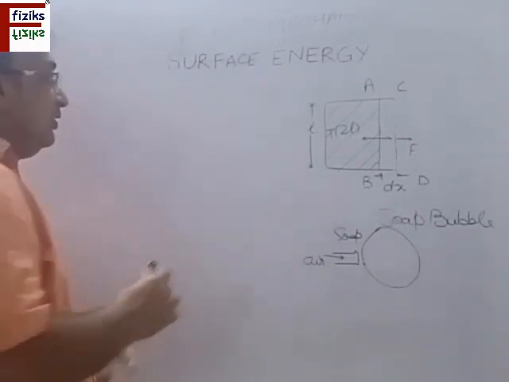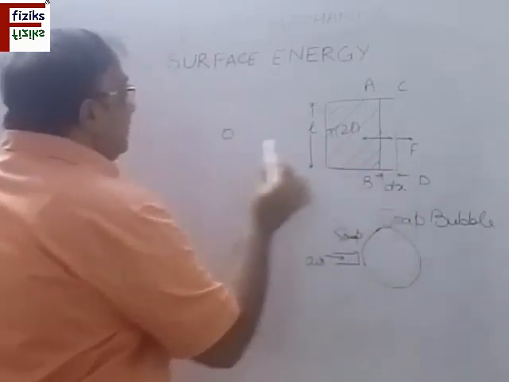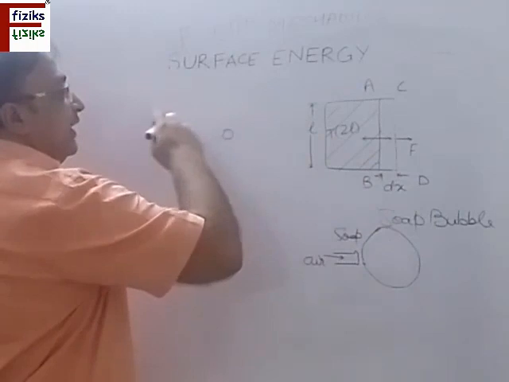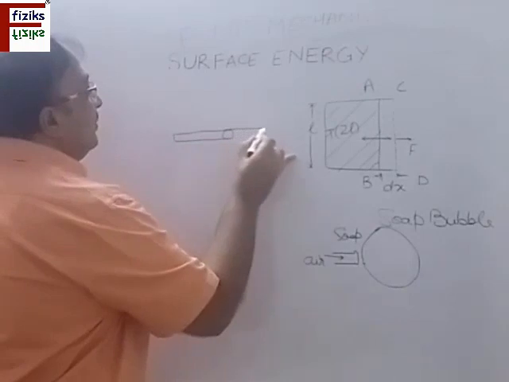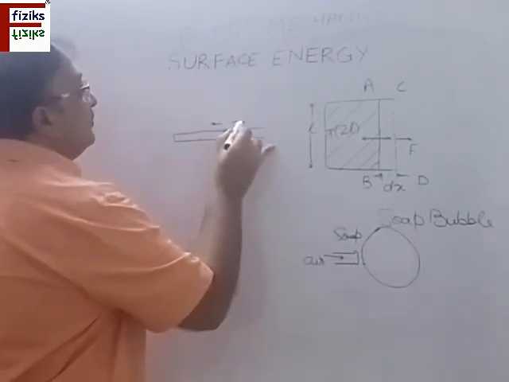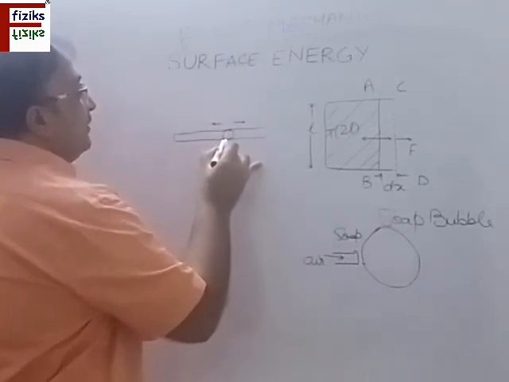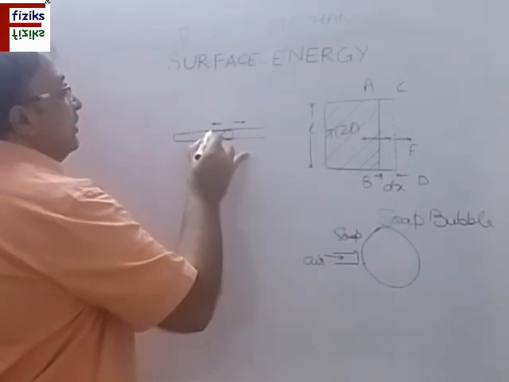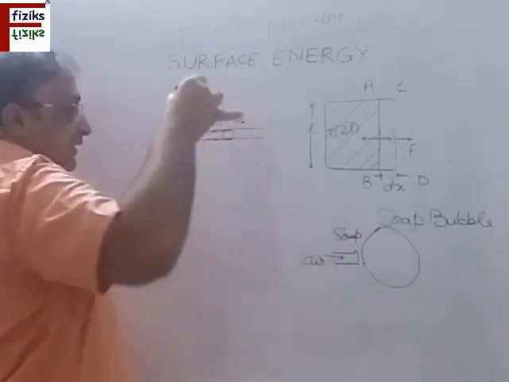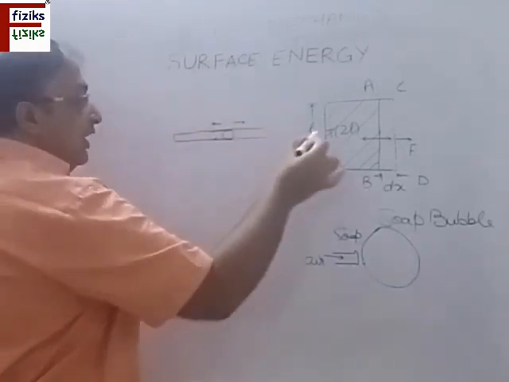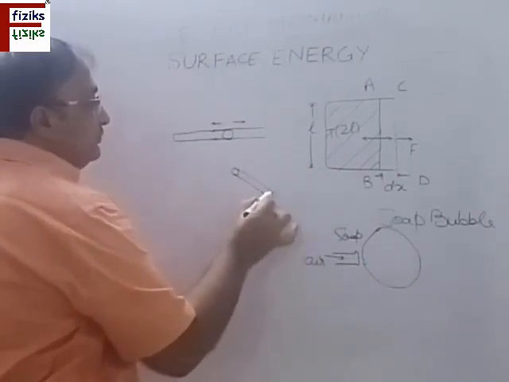What is the reason? If I view it from this side, this is the frame and this is the movable wire kept on this frame. Now the surface is formed on this side of the wire as well as on this side of the wire. So the force acting is on two sides. So T into its length and T into its length here. So that will be 2T into its length. I can show it with the help of one more diagram.